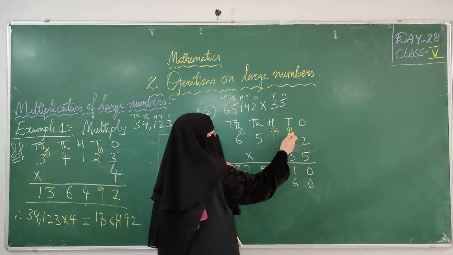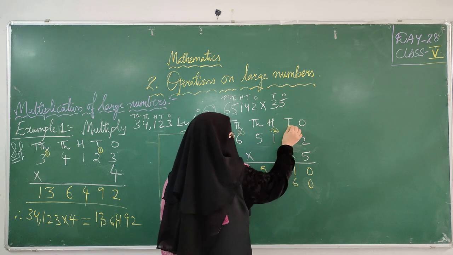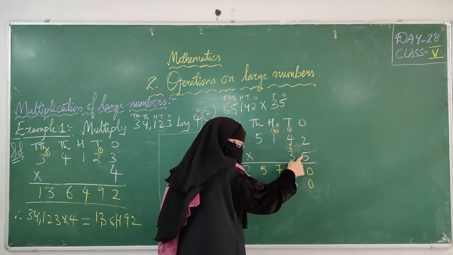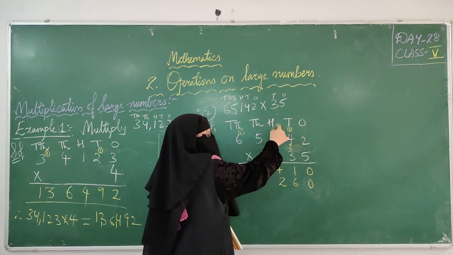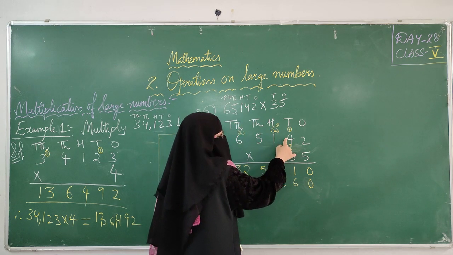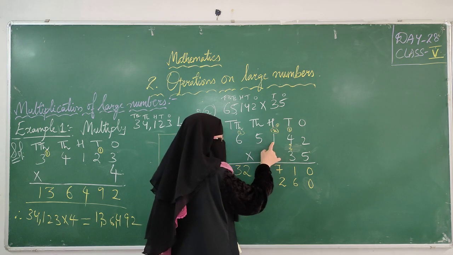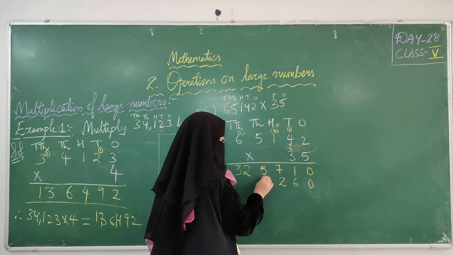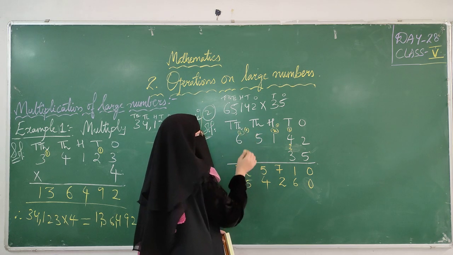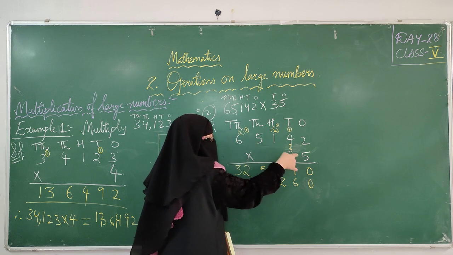Don't see the carries, this carry belongs to 5. Okay, 3 4s are 12, so 2 we are writing here, and I am sending the carry above this number. Don't erase this also because this carry belongs to 5. What we are sending as carries, we have to keep above that carry. Okay, 3 4s are 12, right? The 2 I am writing here, I am sending 1 carry. 3 1s are 3, 3 plus 1 is 4. Okay, 3 5s are 15, 5 I am writing here, 1 I am sending as carry. 3 6s are 18, 18 plus 1, don't add this carry, this carry belongs to this.